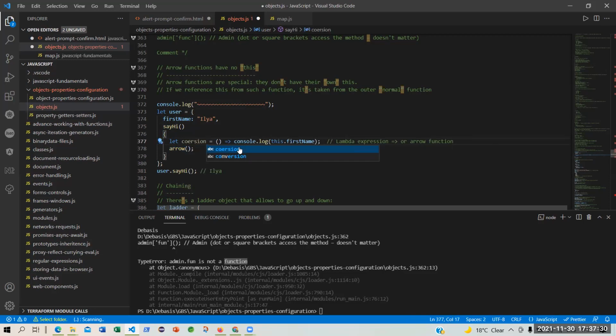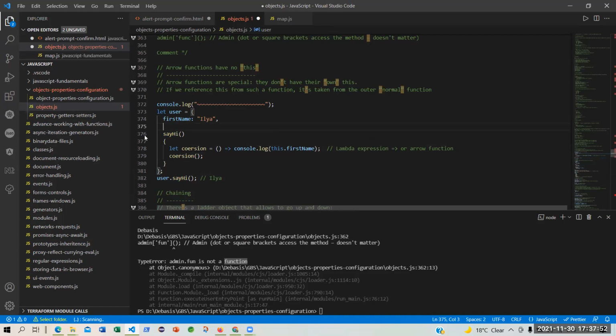Coercion. So I can use a reserved word like we have understood. But then this is a function. It is not a process or internal coercion. Whenever you don't have to mention coercion here, because you have to mention the main function, which is say hi, which is the property, which is the key. Better to say key.